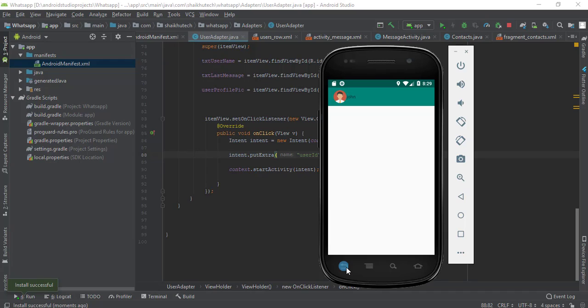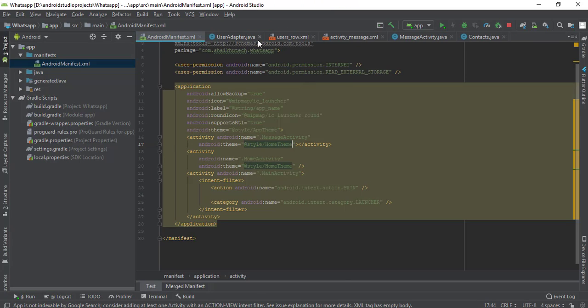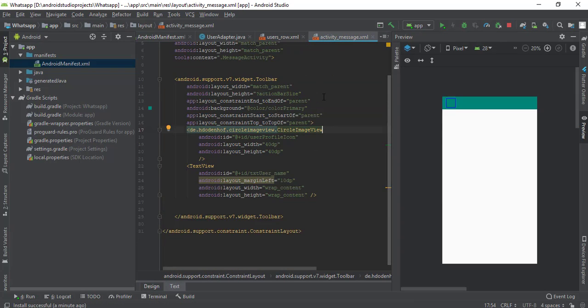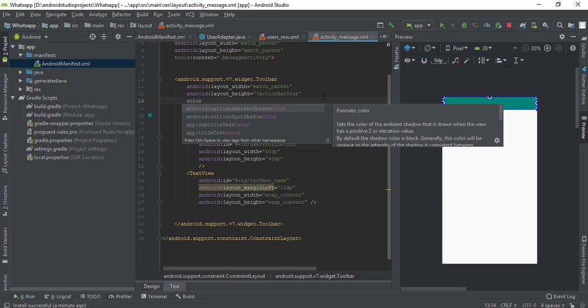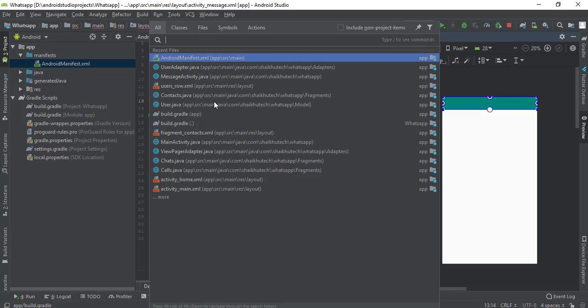So we have done a fair bit of work in this video, but one thing is still remaining, and that's that the back button is not appearing. Maybe the back button color has changed. So we can go to our styles and just set the color, just make it